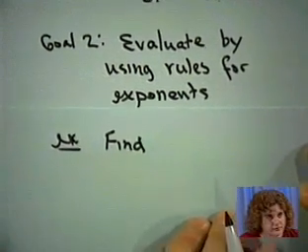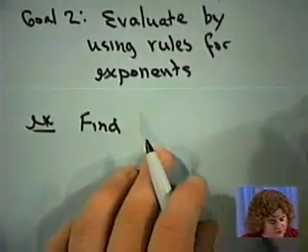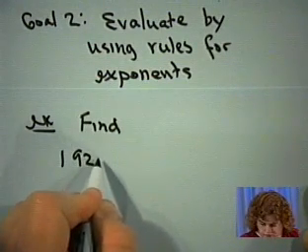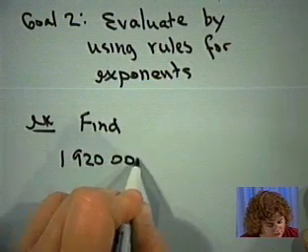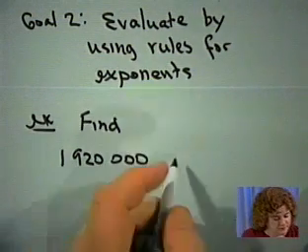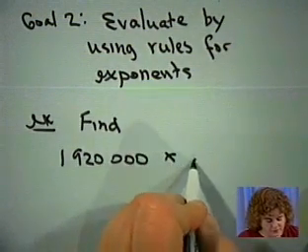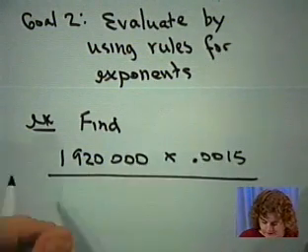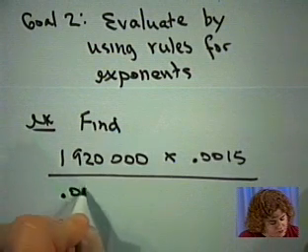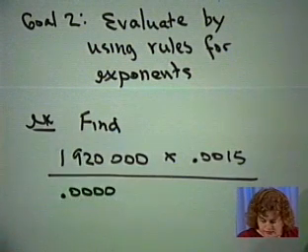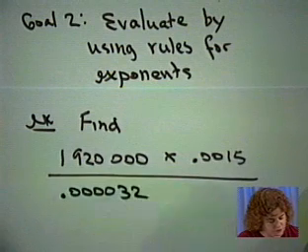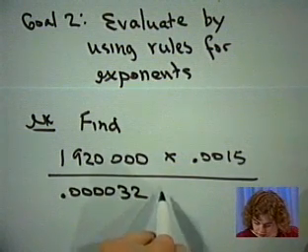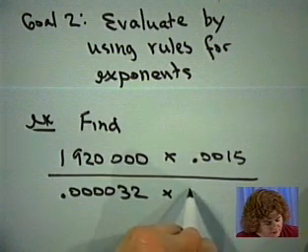Find $1,920,000, a suitably big number, times 0.0015, all divided by 4 zeros, 3, 2, so something that would require a lot of counting to get the right name for the fraction,